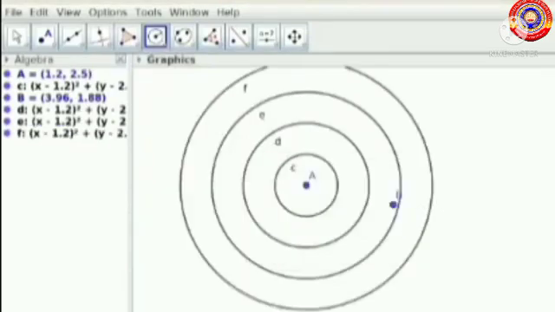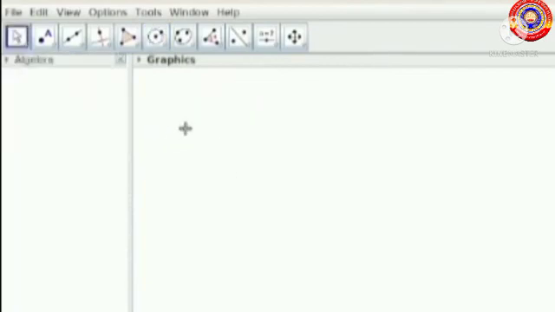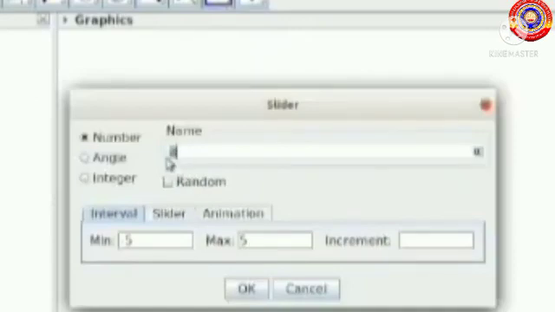Look, here we want to click the tool and draw the circle by giving the radius each time whenever we draw the circles. For avoiding this, we can make use of another facility, that is slider. Let's see how we can use the slider facility. Take the slider tool from this tool group. Okay, we can see a new window. Then note the name here, A.